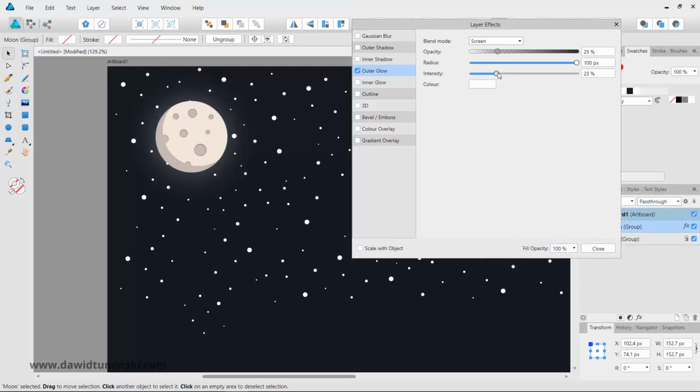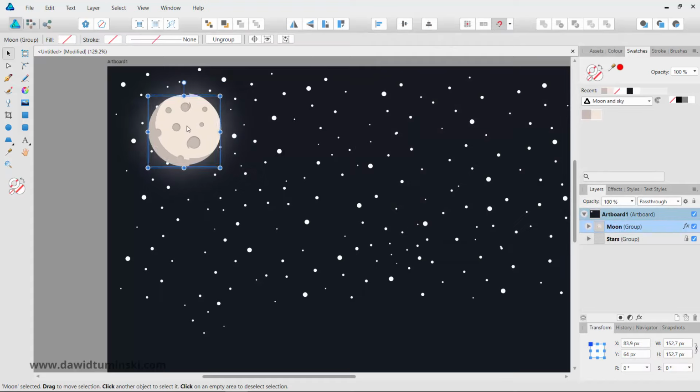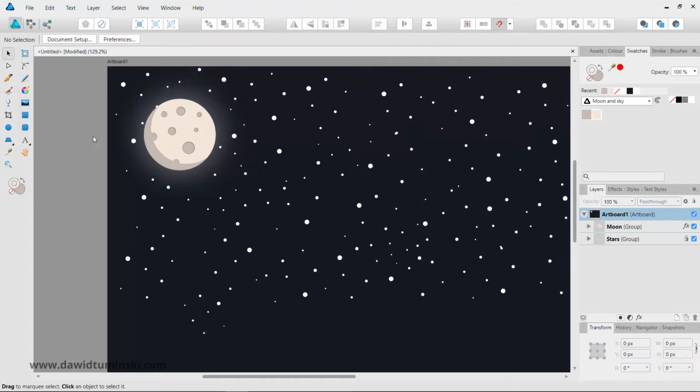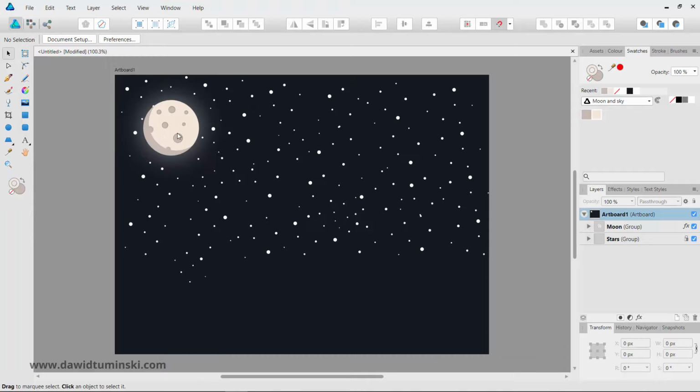I know it now starts to look more like an illustration, maybe like a cartoon, but I just want you to understand that here inside Affinity Designer you can also create Photoshop-like effects for your custom graphics. So there you go. We got the sky, we got the stars, and we also got the